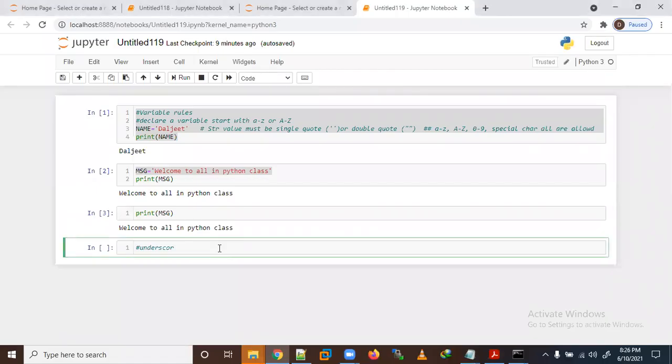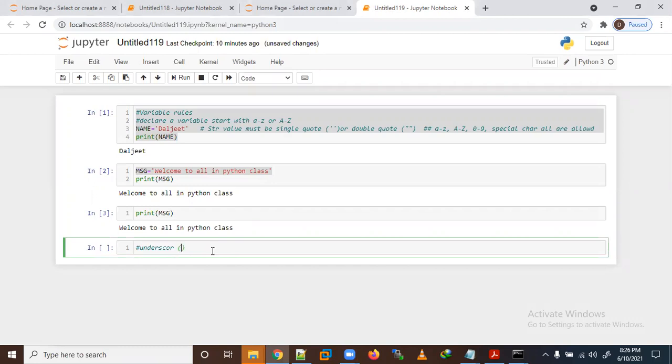Okay, so now let's learn about underscore. We can declare a variable with an underscore, that is allowed, but underscore comes in the OOPs concept. So we will learn more about it when we come to the object oriented programming concept.